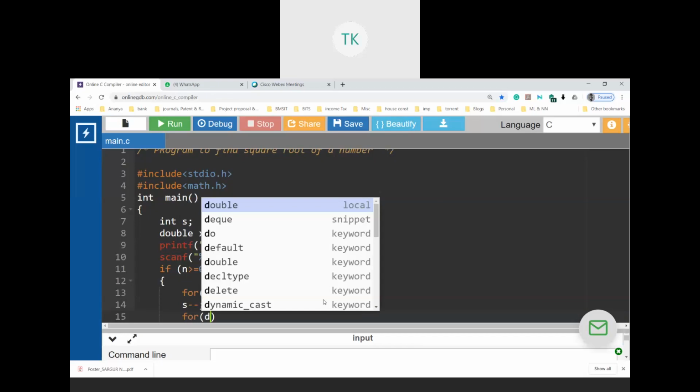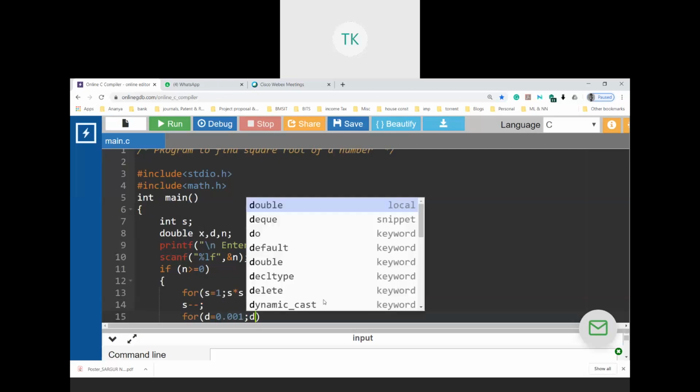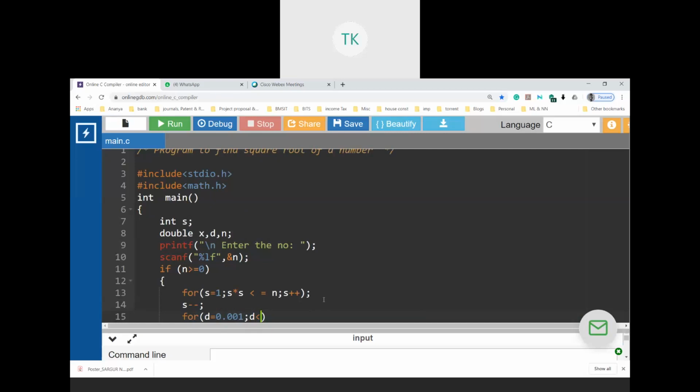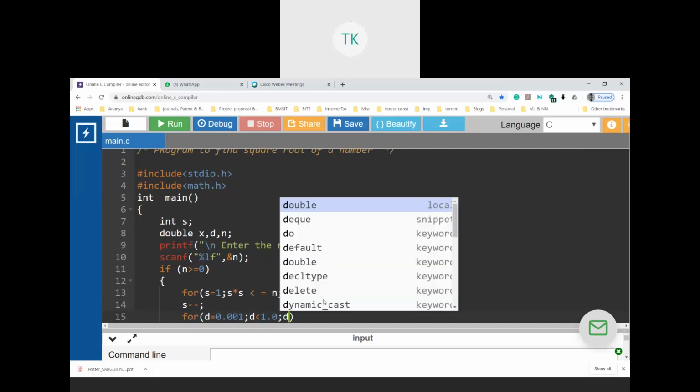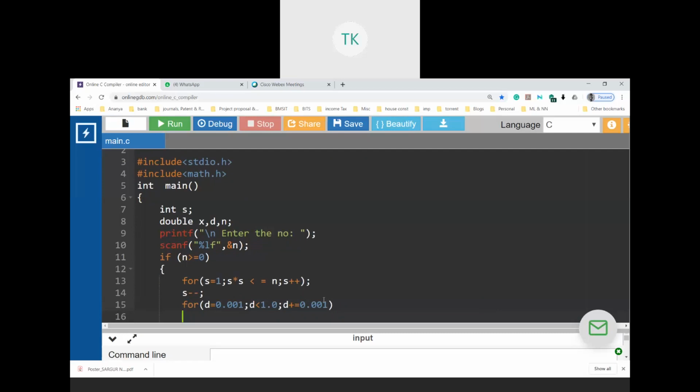D is a double data type. So D = 0.001, D less than 1.0. I'll explain this. D plus equal to 0.001.